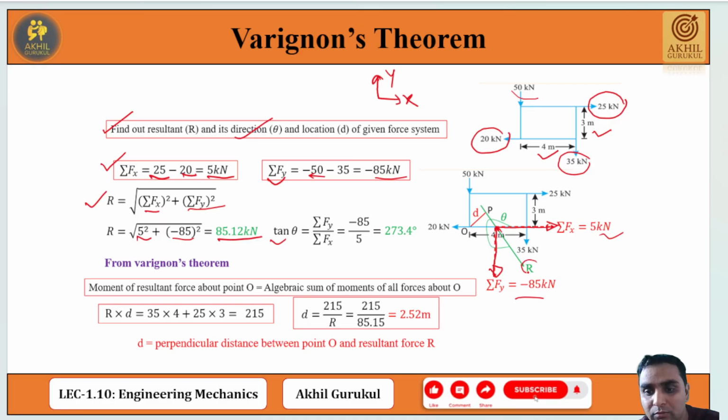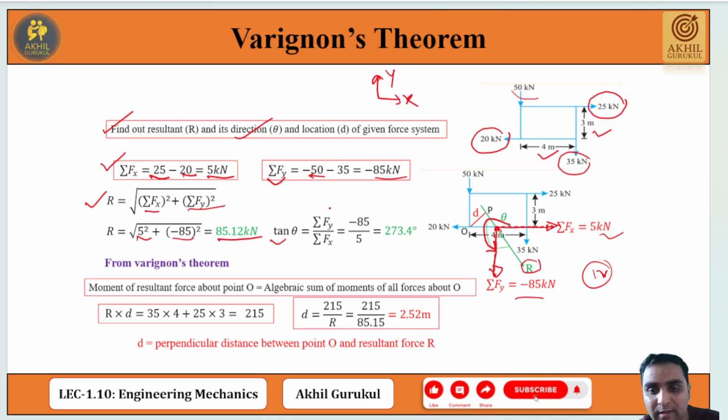So the direction of R is anti-clockwise from the positive x-axis. It is theta. Correct? It lies in the fourth quadrant. So theta will be